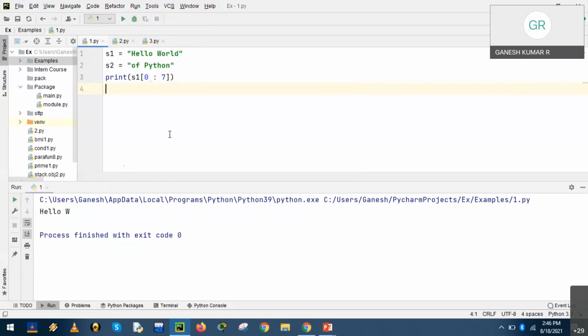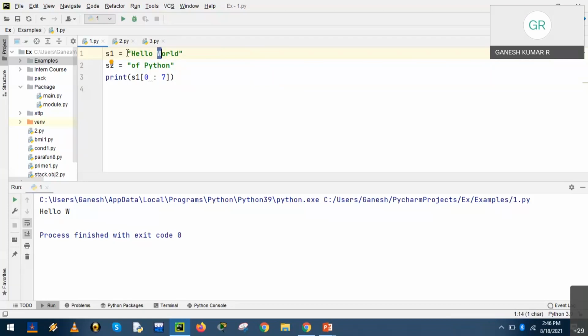So 0 represents H, 1 E, the second location L, the third location another L, the fourth location O, the fifth location a blank space, and the sixth location is W. 0 to n minus 1, which means starting from 0, S1 of 0 to S1 of 6.